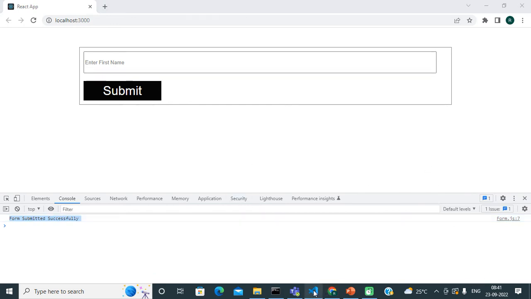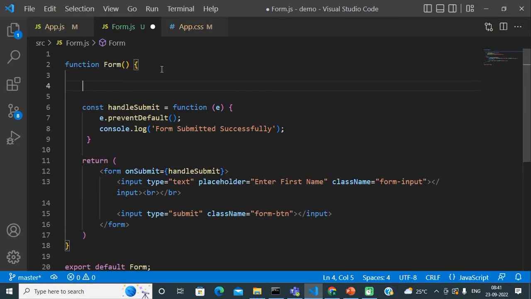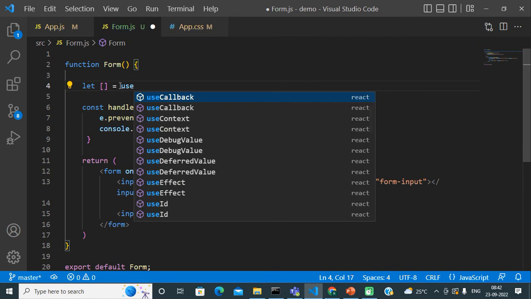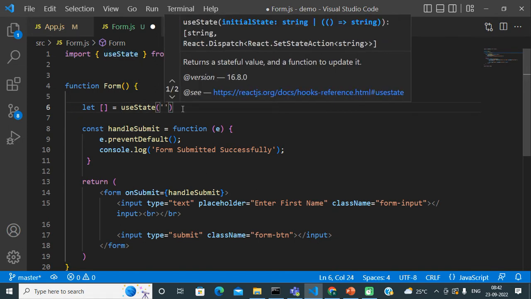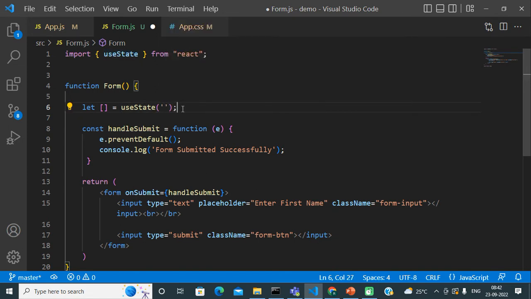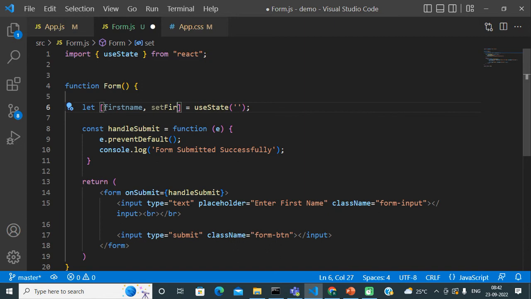I am creating that component state with the help of the normal useState hook. I will pass the initial value as an empty string, and store it, let's say, as first name, the name of the component state, and a function to update it.